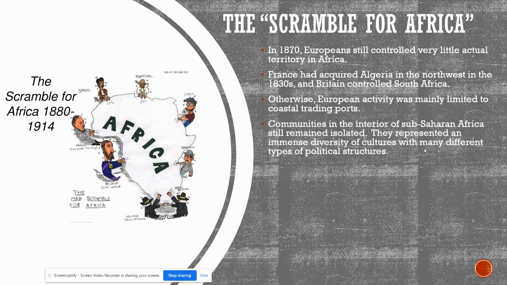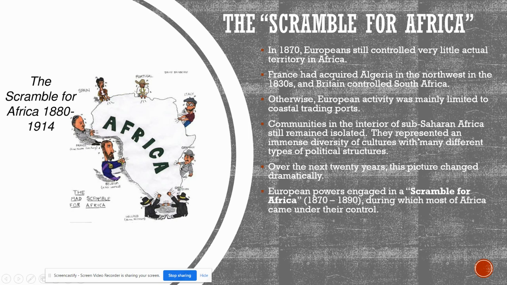So, communities in the interior of sub Saharan Africa still remain completely isolated, and they represented an immense diversity of cultures with many different types of political structures, mainly tribes. Over the next 20 years, this picture changed completely. So, European powers engaged in what's called the scramble for Africa. So, a short period of time, 20 years, where Europeans came in and just tried to take over all of